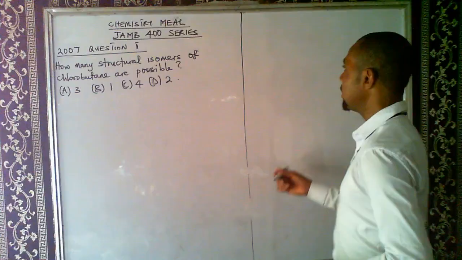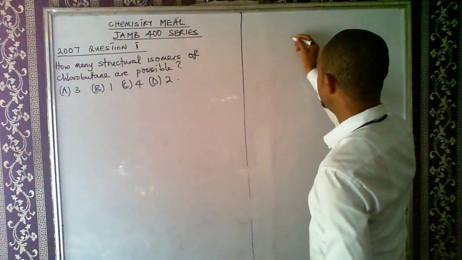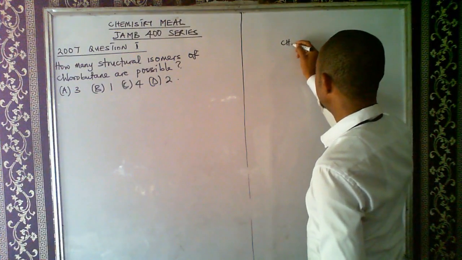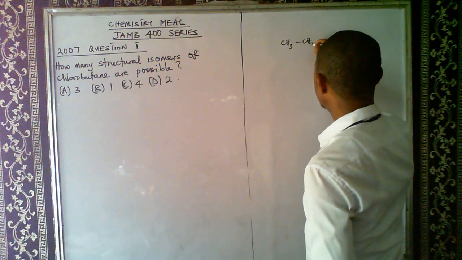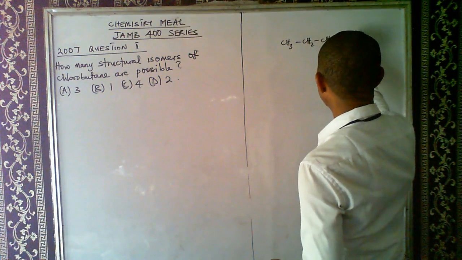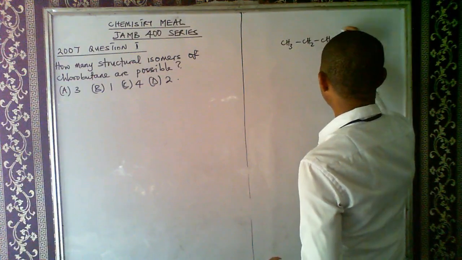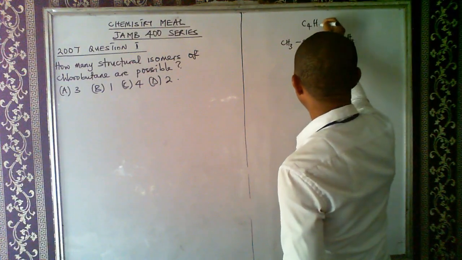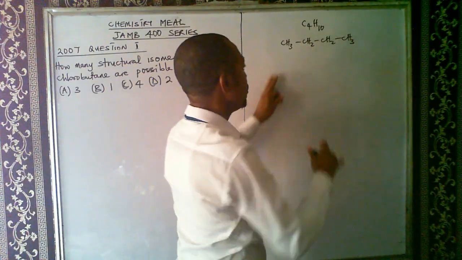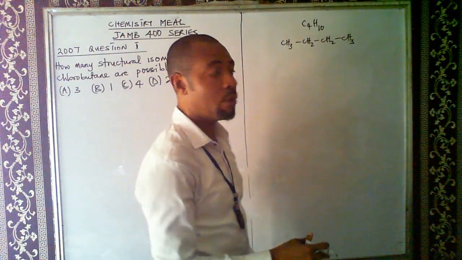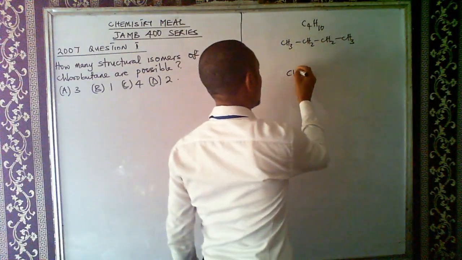So if, for example, I have butane, CH3 to CH2 to CH2 to CH3, that is C4H10. That's butane. So this is the straight chain butane. Then we can have a branch chain which we call